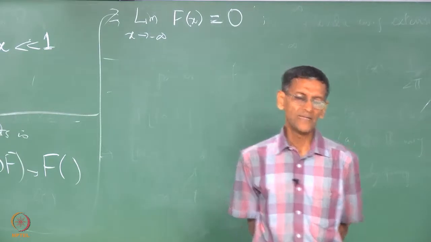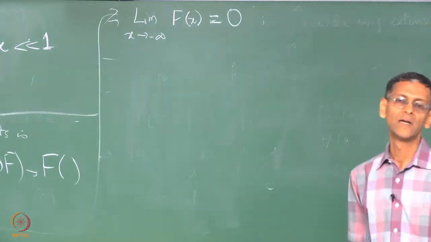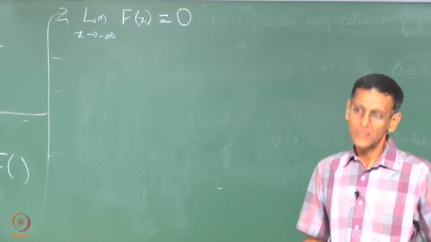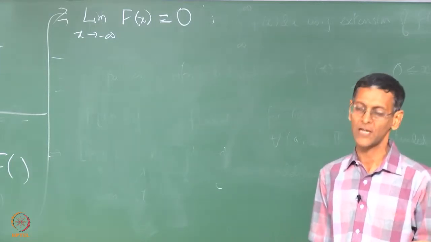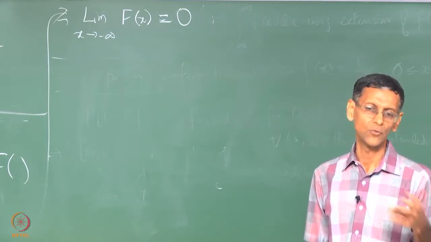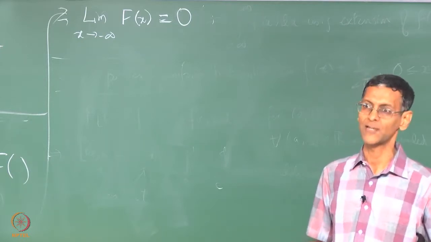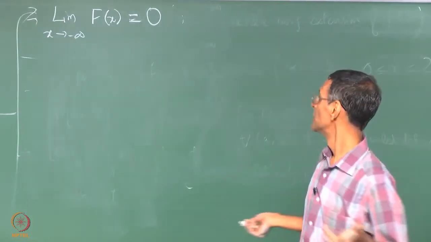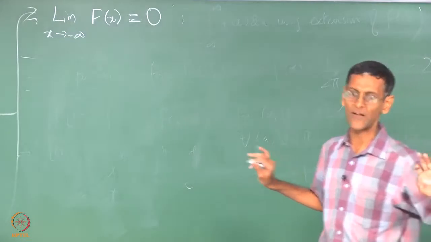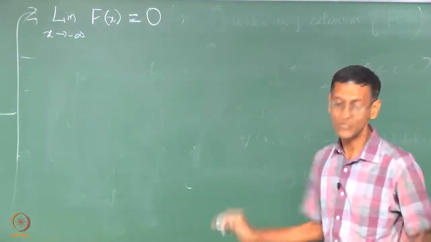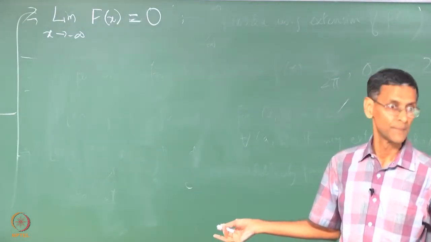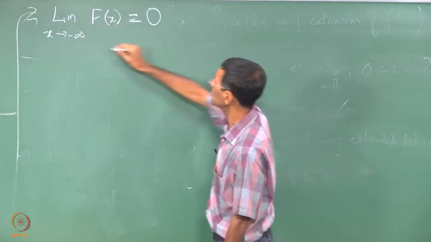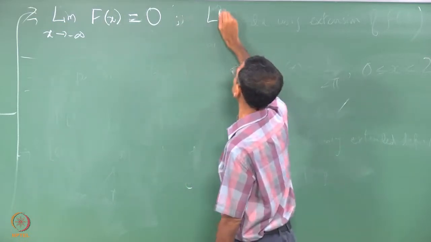Remember, if you want the PDF to be integrable all the way from minus infinity to infinity, small f also has to go to 0, but that is not a sufficient condition. You know that there are functions which go to 0 which still cannot be integrated. A typical example is 1 by x. But even the PDF has to go to 0, otherwise it will not have a finite integral. Anyway, we are not going to integrate this F right away. We are just going to put this as a condition,